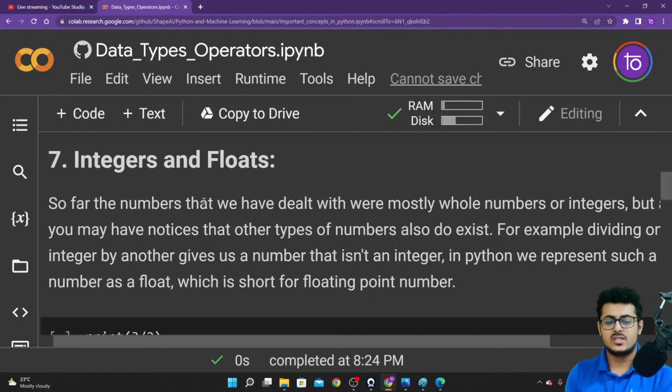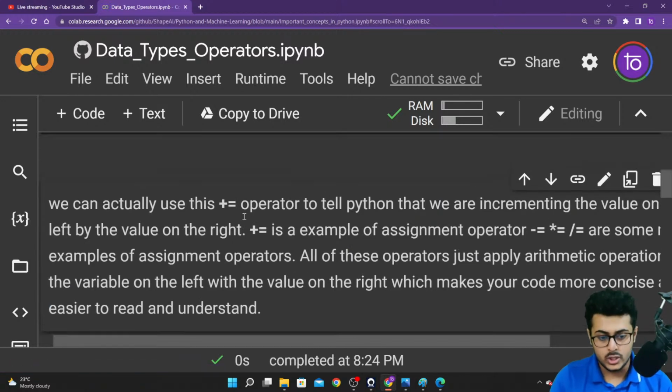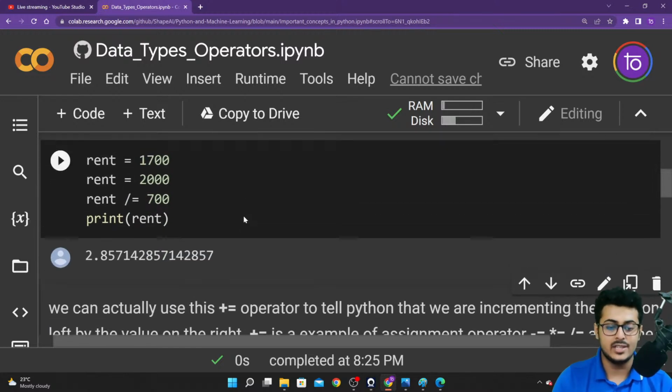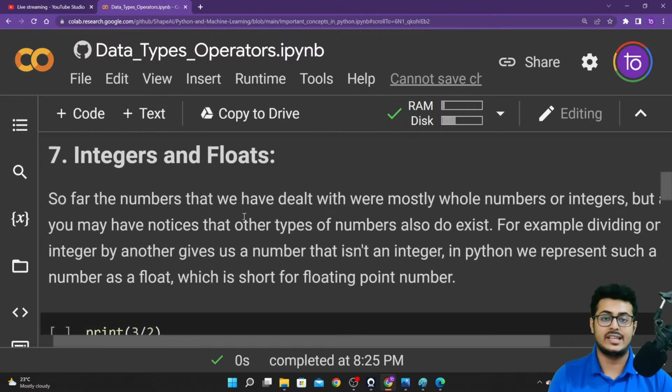Okay, great. So the next thing is basically the different data types that are there in Python. As you are able to see, there were different types of data. Sometimes it was integers, sometimes it was a decimal value. So there are various types of data that exist in Python, and for each of these you have a different data type that caters to that kind of data itself. We'll be learning about our very first data types, that is integers and floats.